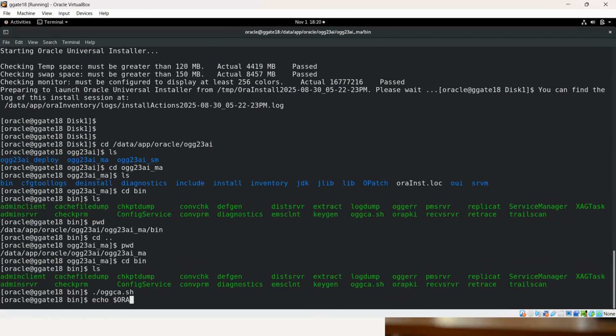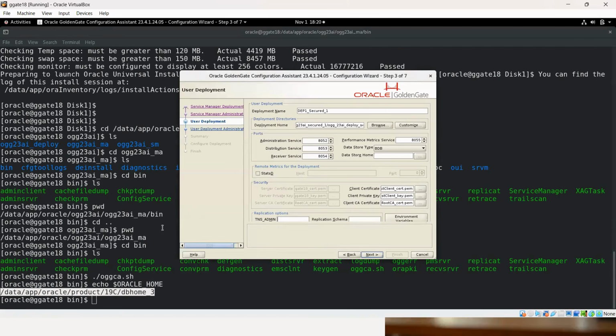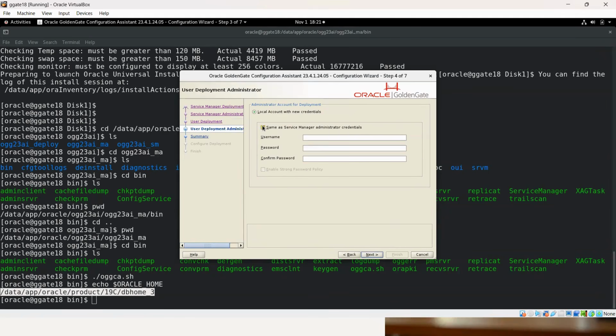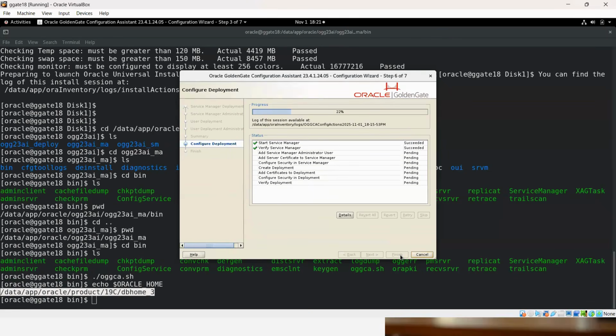Echo $Oracle_home /network/admin. And application schema C # source GG1. Click on next. We have provided everything. Next. We'll use the same as the service manager. Next. Finish. So now it will